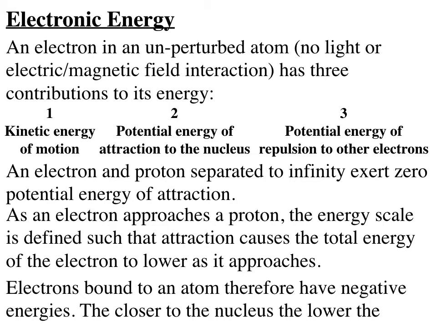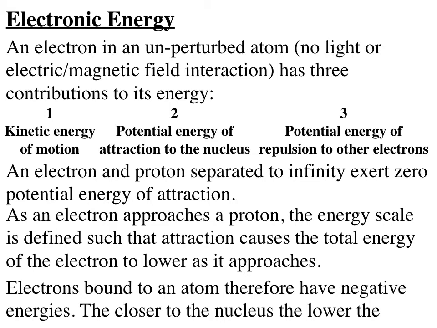So let's now, as we say in the middle there, take an electron separated from a proton to infinity. Then there is no attraction between them as they are separated to infinity. But now let's start bringing them closer and closer to each other. This is a preferred situation for the electron. So it's something that the electron likes as you move the electron towards the proton or towards the nucleus away